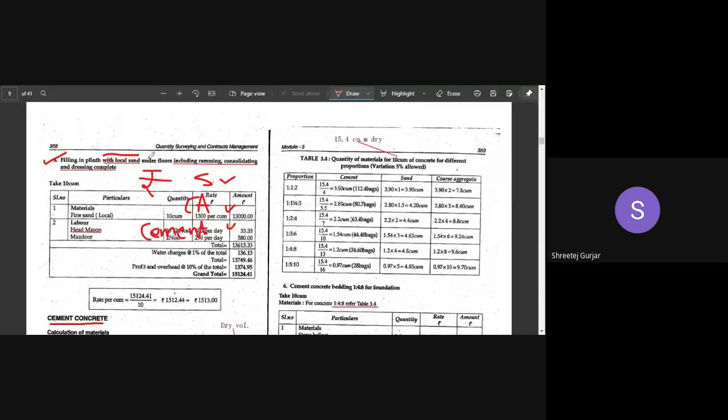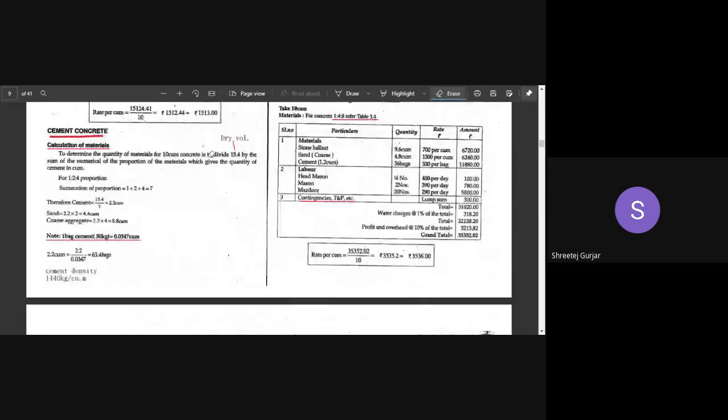Okay, the prevailing rates. Also the labor rates which you have told me currently for head mason, mazdoor, and bisti, all those things whichever you are dealing with on site, you can make a list and share. We will make use of those rates for your calculation. Okay, so is this clear?